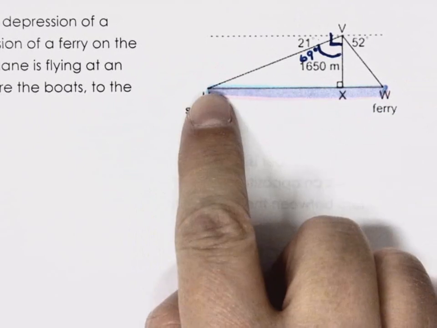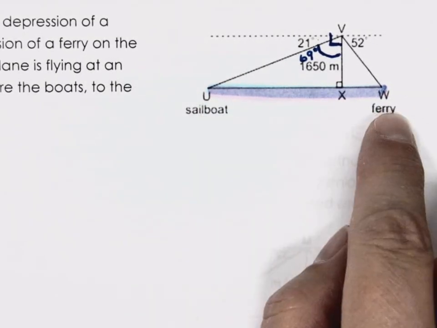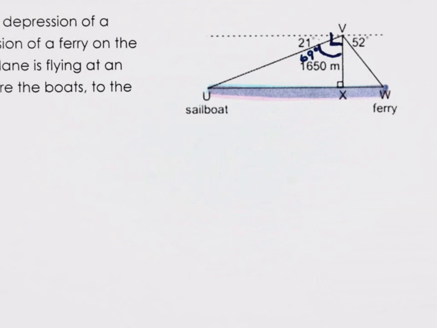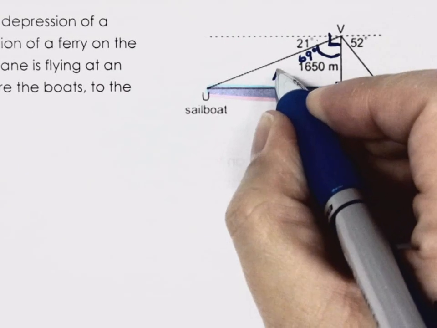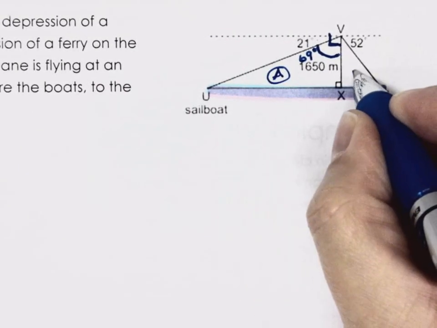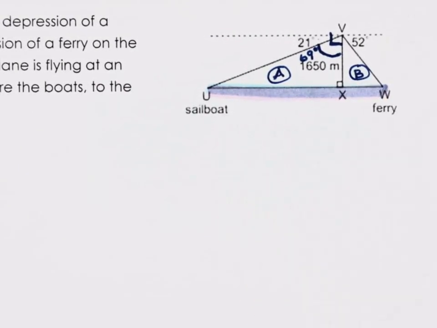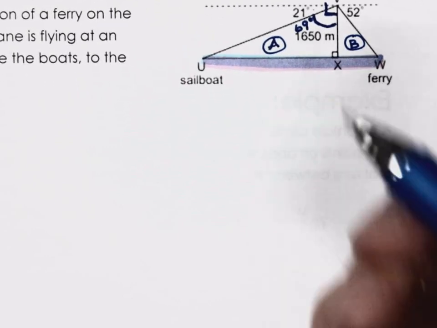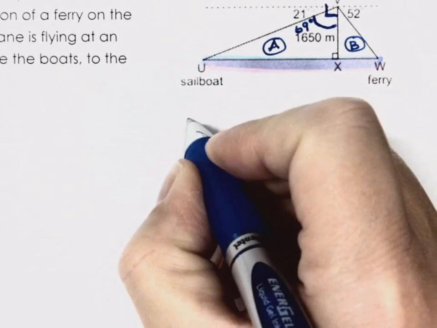So our goal is to find the distance between the ferry and the sailboat. But really what I have here is I have two triangles. Do you guys not agree? Yes, we agree, sort of, kind of. So this triangle I'm going to call triangle A, and this triangle I'll call B. And like I said to somebody else, I think Lincoln, that pulling apart the triangle sometimes makes a little bit more sense, like drawing them separately. So triangle A,